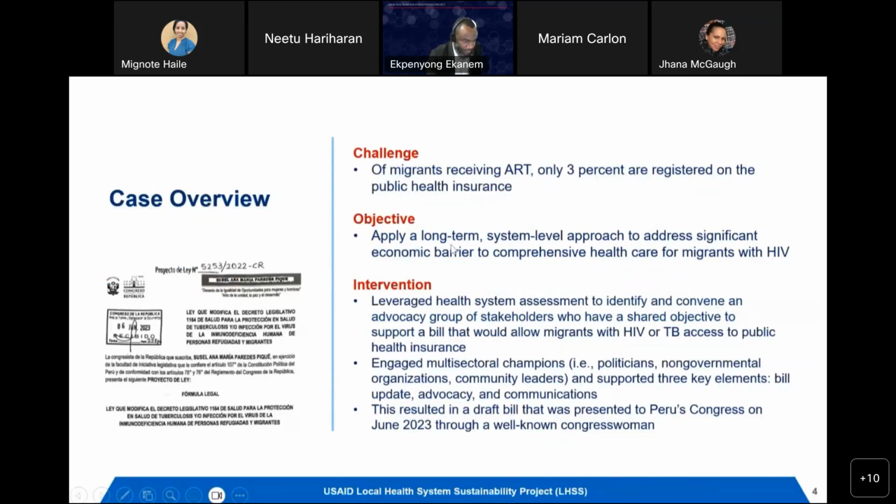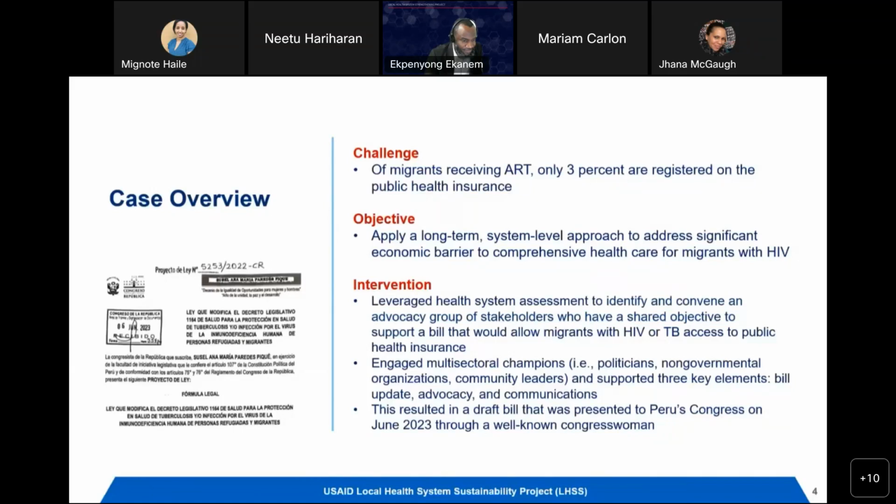The objective we were looking for was applying a long-term and system-level approach to address the significant economic barrier to comprehensive care for migrants living with HIV. So what did we do? We leveraged the health system assessment in collaboration with other institutions. We convened several organizations to monitor with us the health system assessment. We presented the methodology, presented the results to them, discussed the recommendations, and during this process, we invited them to